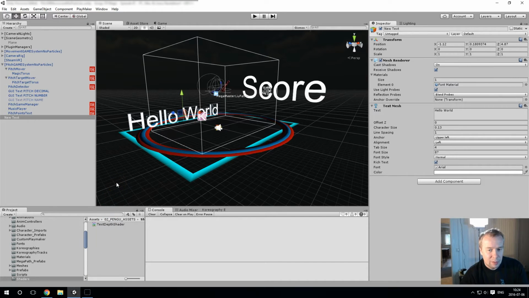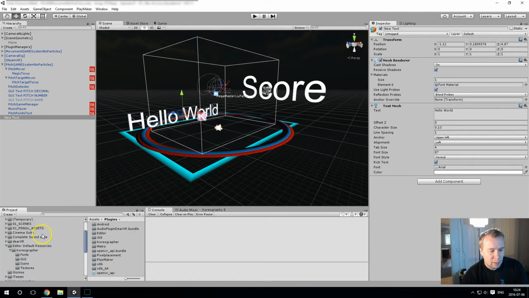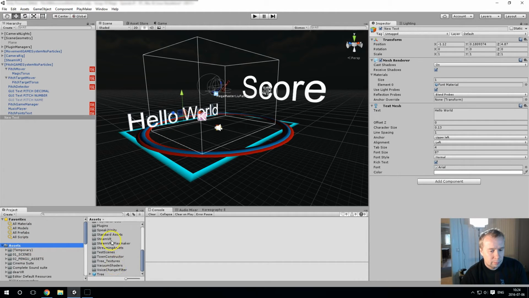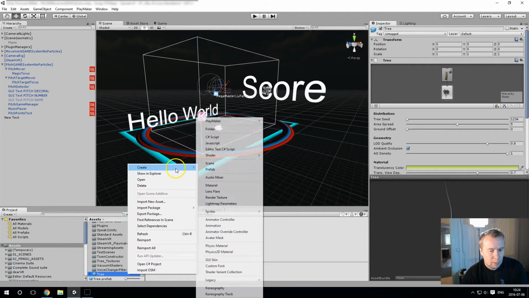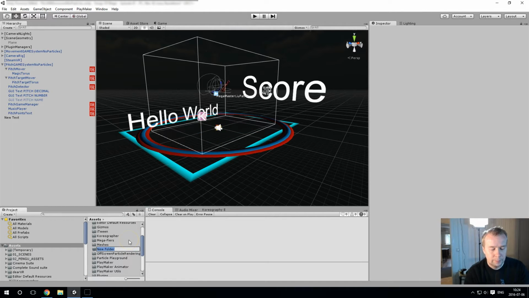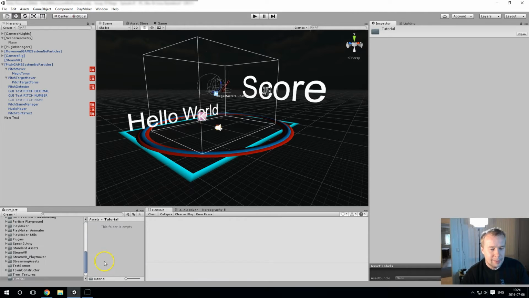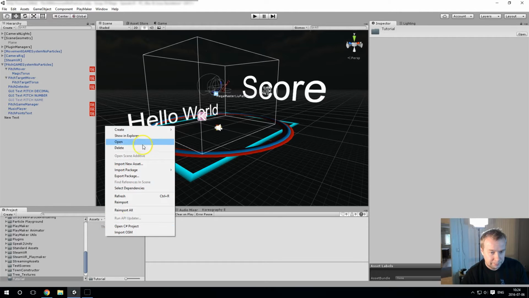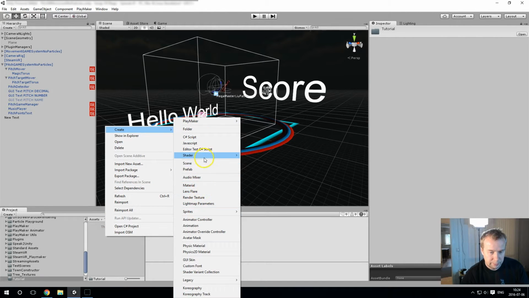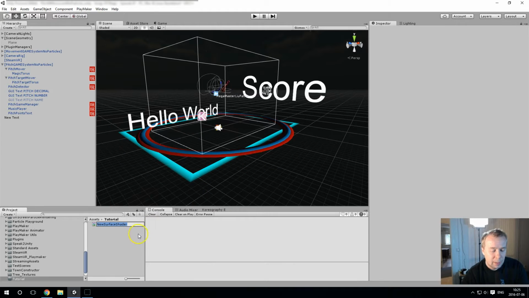First, what we need to do is create a shader for what we're doing here. I'm just going to create a totally new folder for this tutorial. Inside the folder, I'm going to right click and create shader. The standard surface shader works for me. Now let's call it something, Text Z